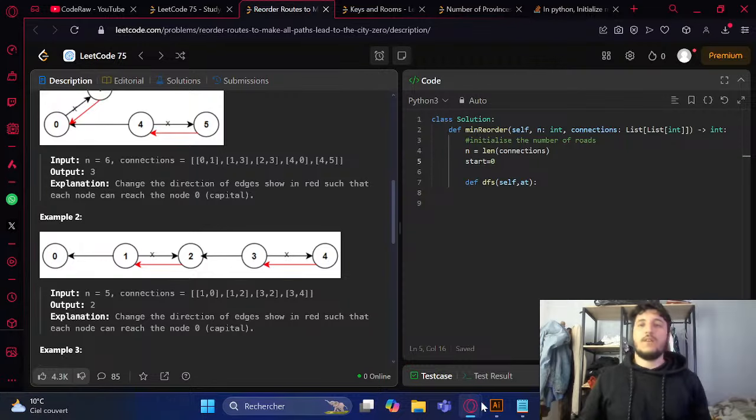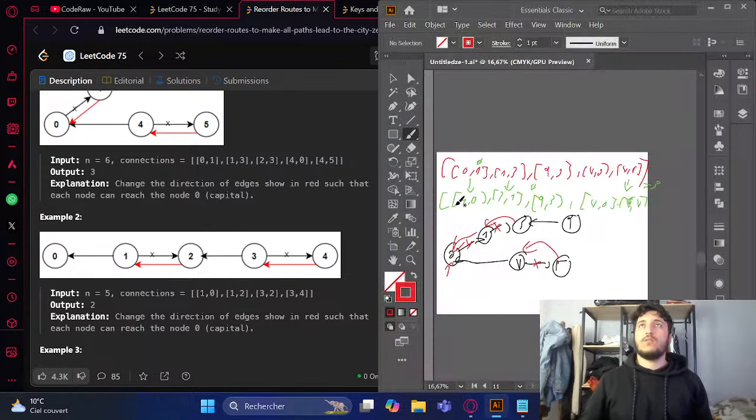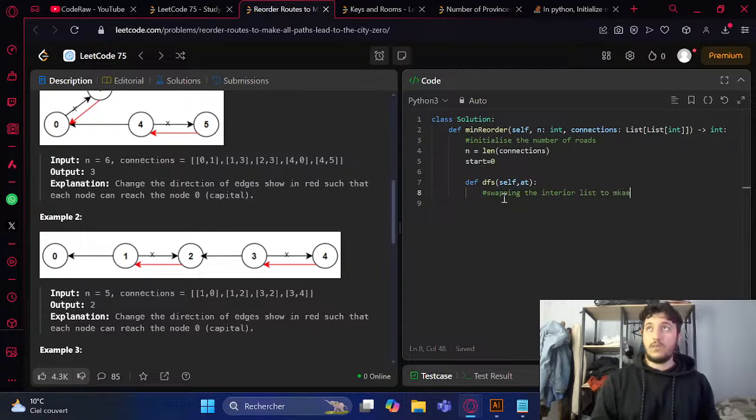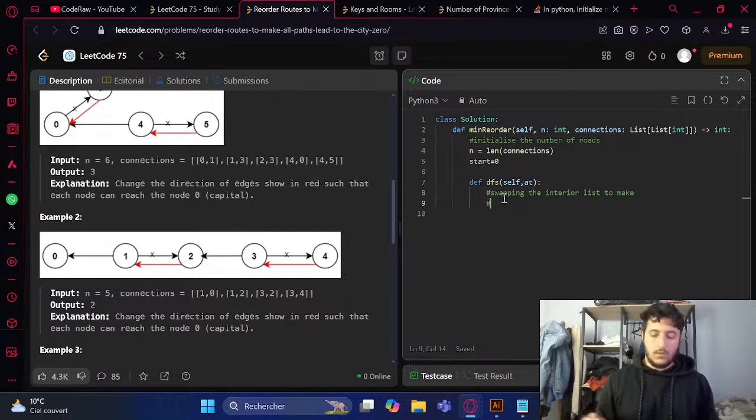I think I have an idea of just swapping. So we're gonna swap this, we're gonna swap that, we're gonna swap that, and every time we swap, we increment the counter. So we're gonna swap this, and we're gonna have this number. If this number is not here, so think of swapping the interior list to make 0 in the second position,